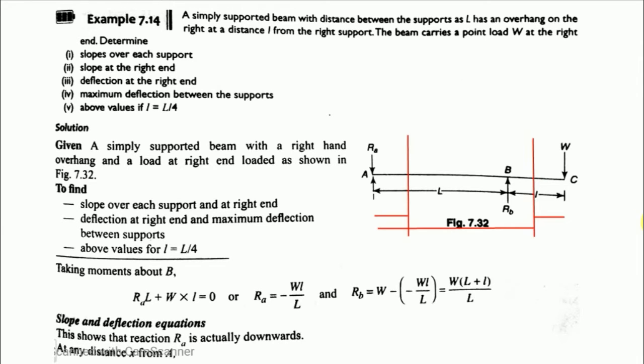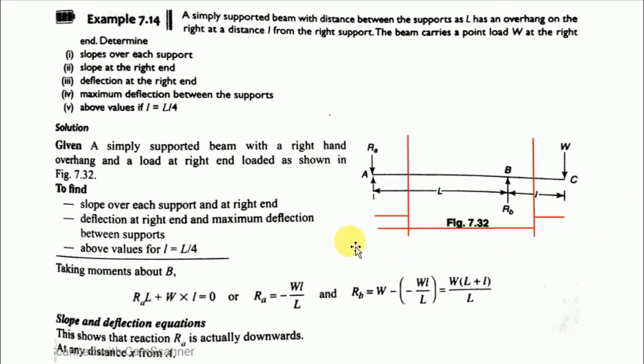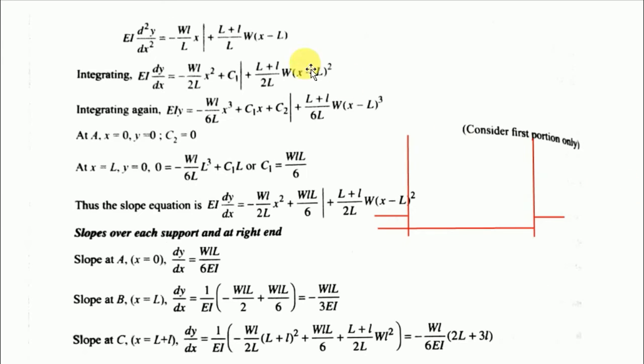The bending moment is this part, which is (L plus l upon L) into W, which is RB into (x minus L). And what is the distance of x minus L? This is total x. Okay, if we minus x into capital L, then we have a distance this. So about this point we have a bending moment of a reaction RB, which is RB into this distance. Okay, then we put it in the equation.